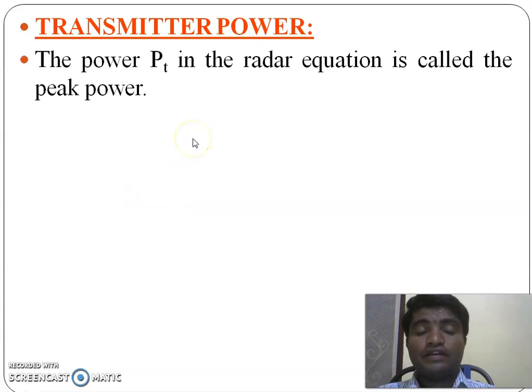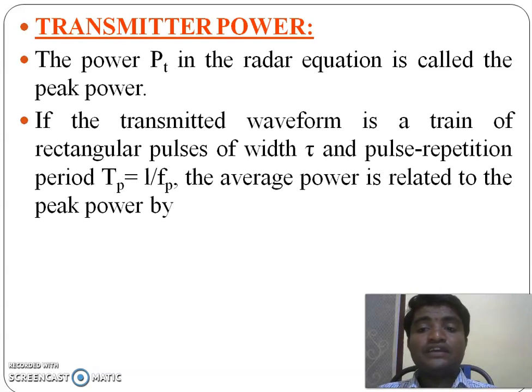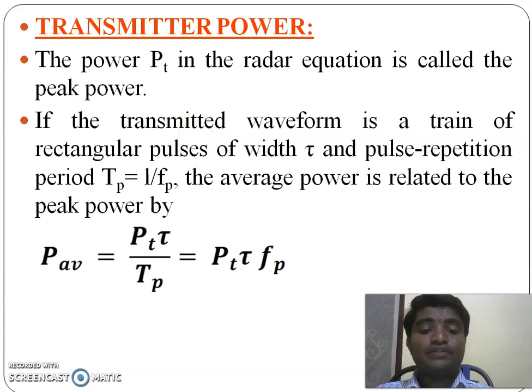Let us assume the transmitter power is Pt. Then we are transmitting a rectangular pulse train having pulses of width tau and pulse repetition period Tp. Then the average power is given by